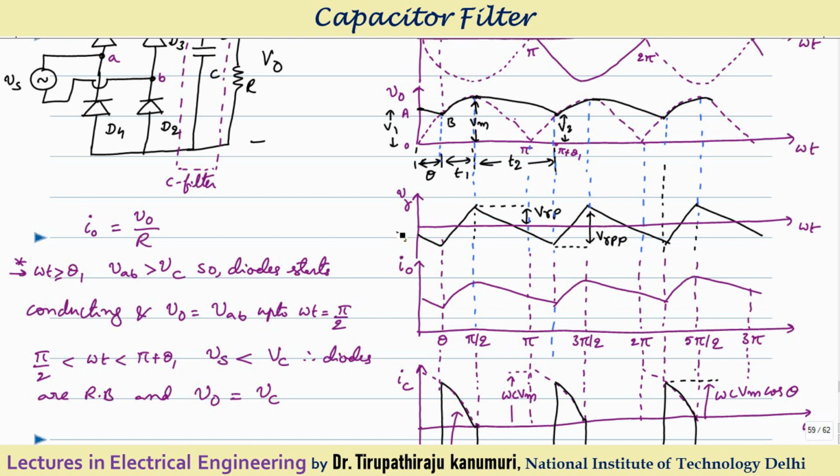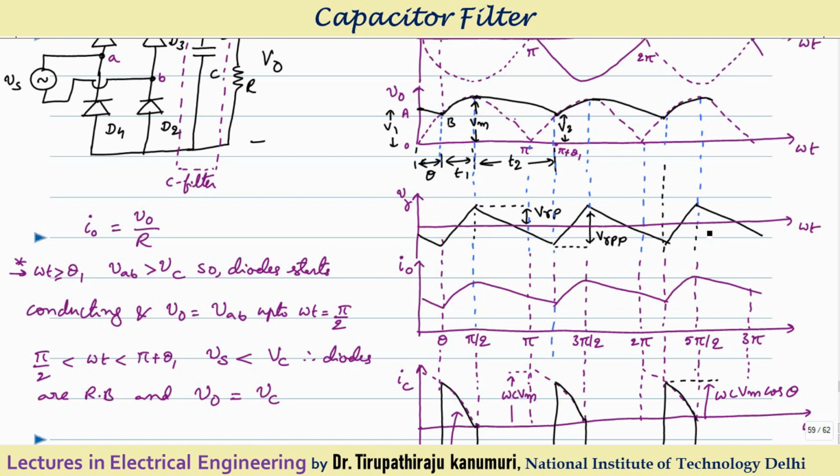Okay, so now if you want to calculate the average value, it will be in between, because it is a triangular wave. So we can take that average value, or the center point, as a reference. With respect to the reference, the peak value I am representing by VRP, which will be equal to VRPP divided by 2. So this is the ripple voltage. That means the final output voltage minus the DC component gives the ripple voltage like this.